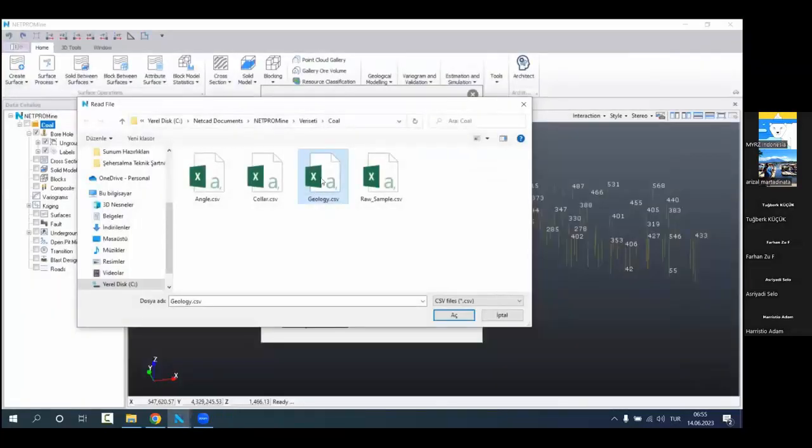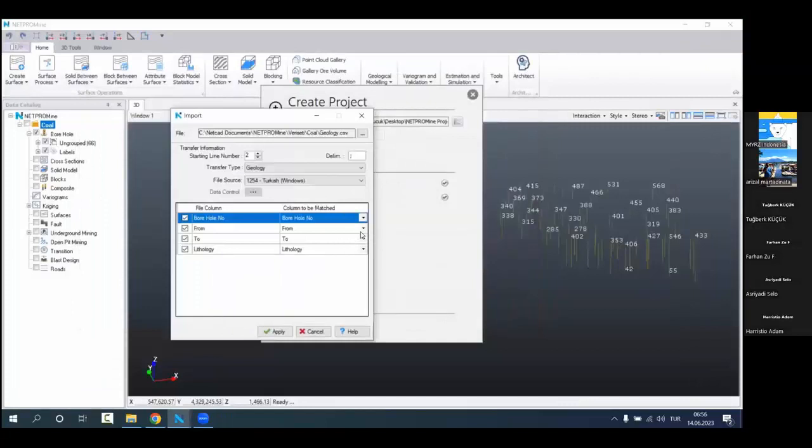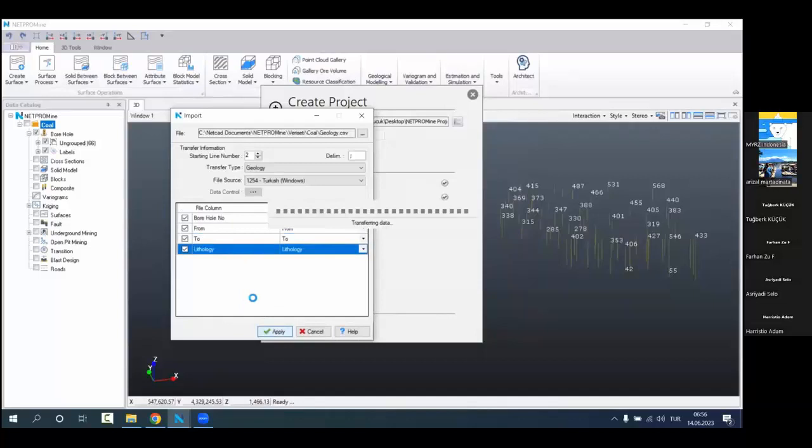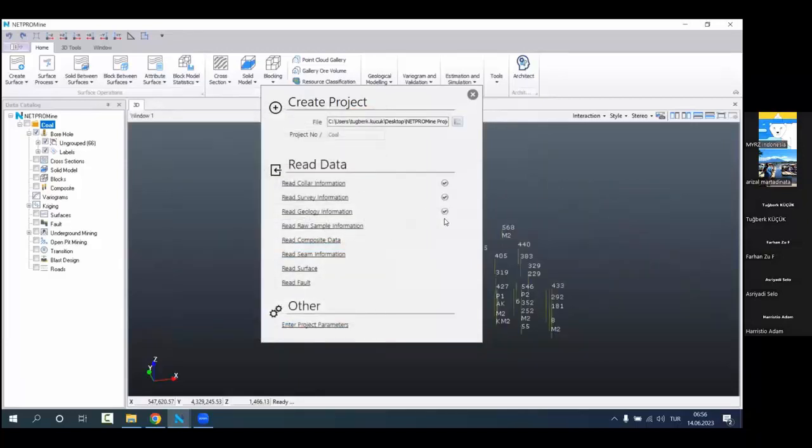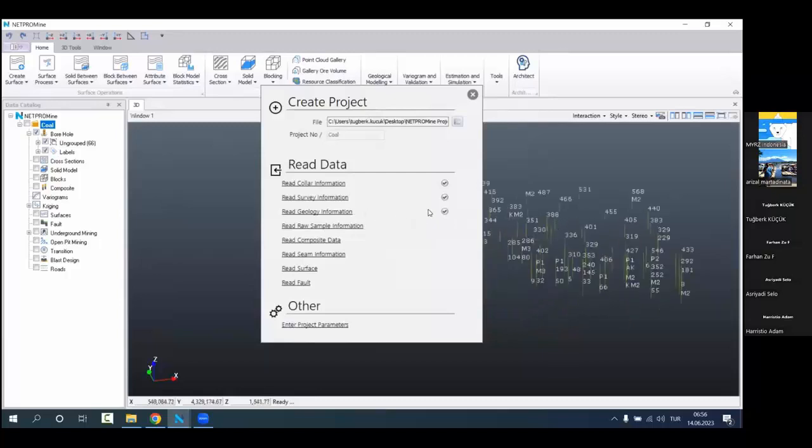So now we are going to read or import that information. So it's matching correctly. And we are going to apply. Okay, so now we have geology information too. And in the raw sample information, once you click it, the software will also tell you that you need to enter the attribute information, which is analysis information. And you can go there,